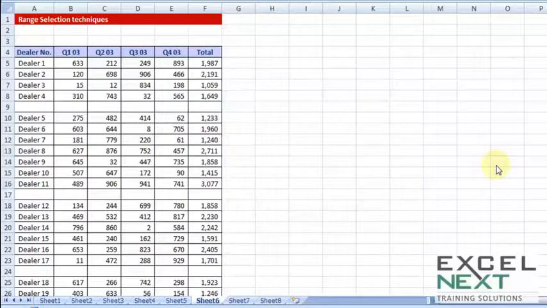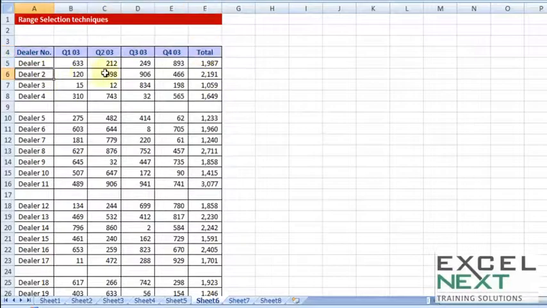Hi everyone, welcome back. In this session, we'll be talking about Control G, Go to Special. But before talking about the applications of the Go to Special box, which I've just talked about briefly in earlier sessions, I need to discuss a quick recap of the range selection techniques. When I say range selection, I mean the shortcut keys which help me choose the data sets.